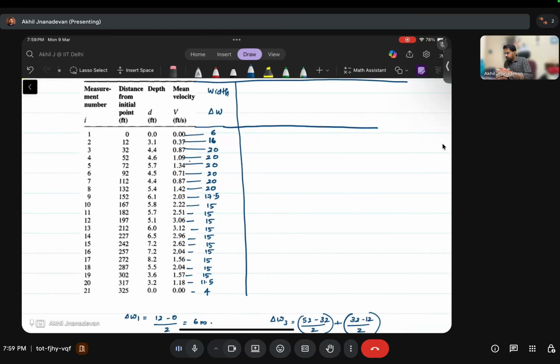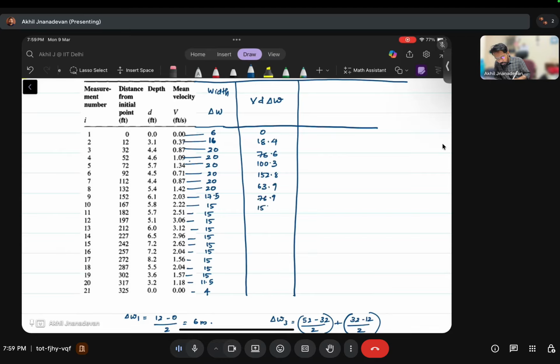Once we have the width, we also have the depth, and velocity is also given. Then we just have to calculate velocity into depth into delta W, like in the previous question. This will give us each of the elemental discharges. If you do that calculation, it will come out to be 0, 18.4, 76.6, 100.3, 152.8, 63.9,